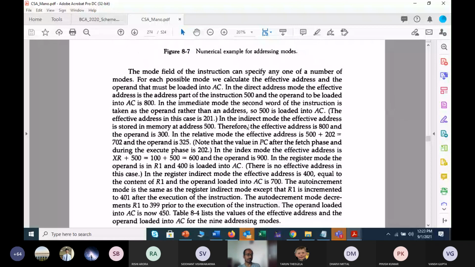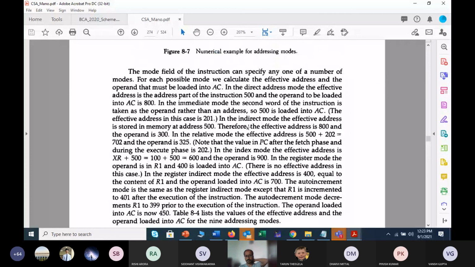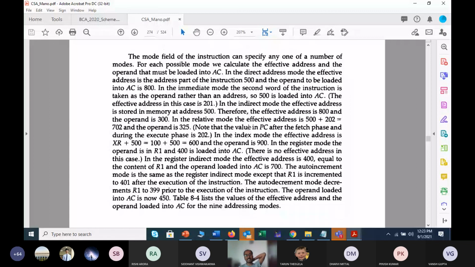I will suggest that everyone please download this book and go to page 265. You will get the problem. Read the numerical very carefully and answer it one by one, or you can match the answers one by one. Today it is not possible to cover the whole problem, so I will take up this problem from the beginning the next day. Once the problem is done, we will jump to the MIPS instructions. I hope that once you have clearly done this problem, it will be a little clearer.